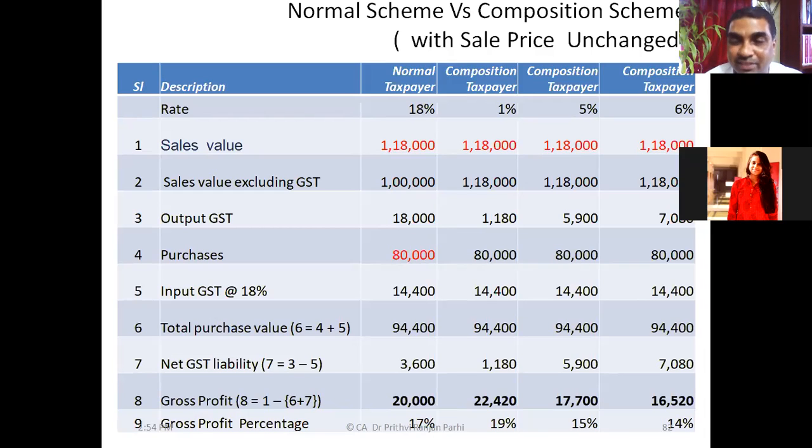But in case of services, a service provider, normally if he is providing his own service, let us say one service provider is a regular dealer, another service provider is a composition scheme dealer. So naturally, the composition scheme dealer may be able to provide the services at a lower price, a lower gross price, because his GST effect is less. Okay, are you understanding? Should I give a different example?